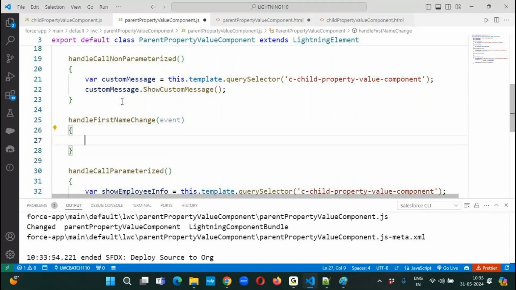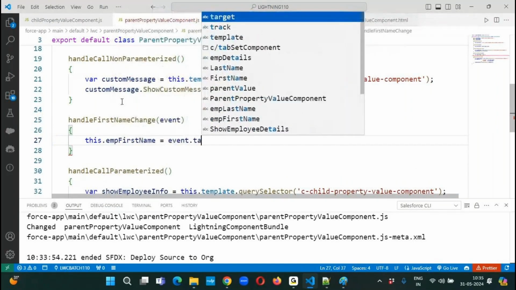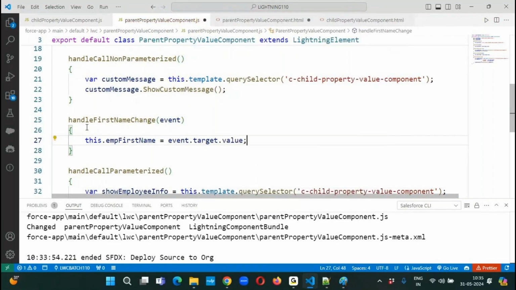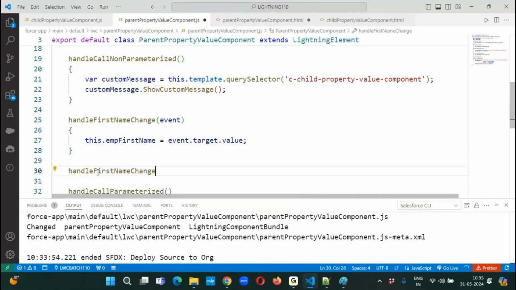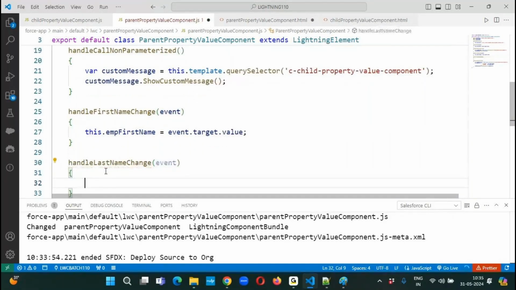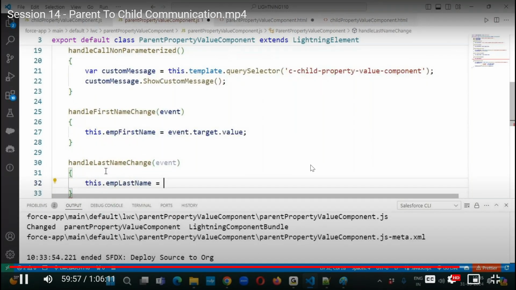Event. This dot emp first name equals to event dot target dot value. I'm preparing this. Handle last name change. Emp last name equals to,